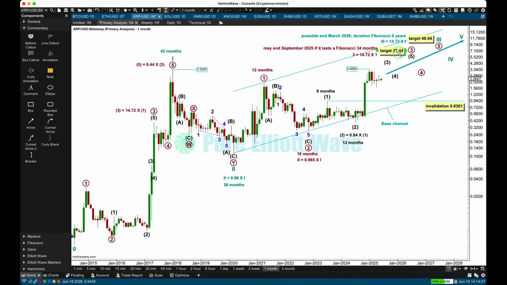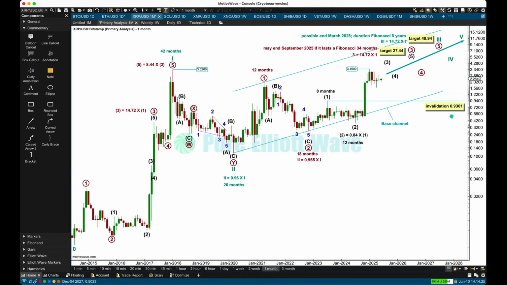Whether or not it reaches the target, if we can see a complete structure, then it may exhibit a Fibonacci 34 months duration. When primary 4 arrives, it may not move into wave 1 price territory, but for the shorter term, when intermediate 4 arrives, it may not move into wave 1 price territory below